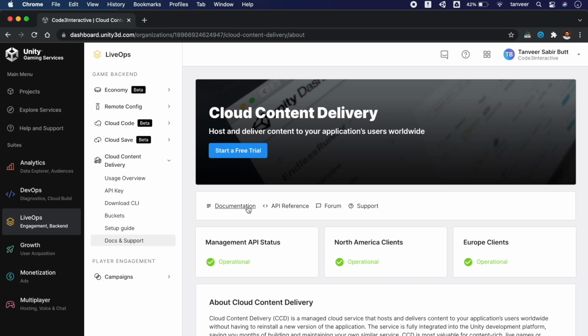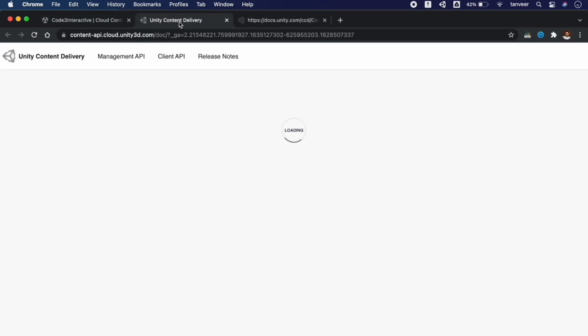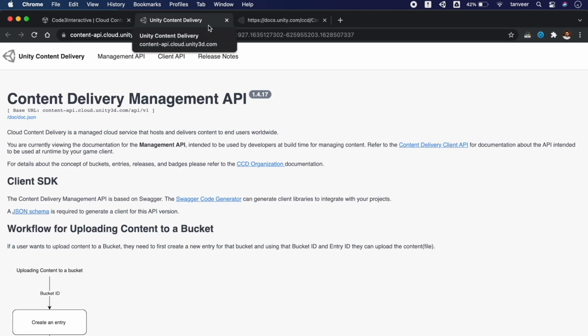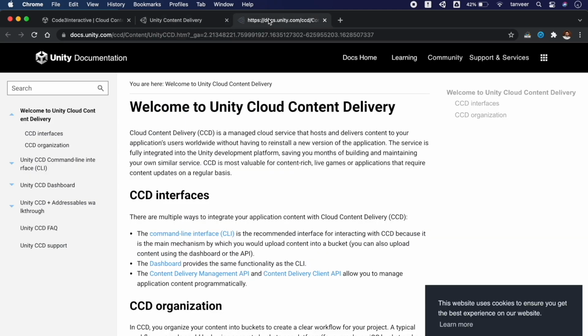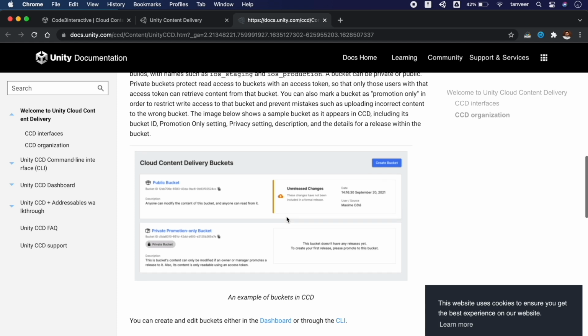From here, you get the documentation for CCD and also API references documentation. You can read all these documentation and start the trial to begin your journey with the Cloud Content Delivery and the Addressables. It's a quite big topic to discuss and that was a quick starting point for the CCD and